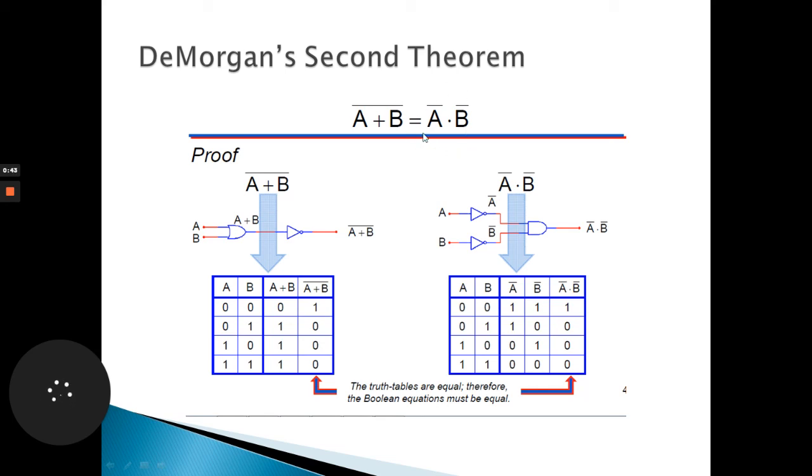Similarly, the RHS part is also covered. All the possible combinations of A and B are written. Then A bar, which is just the inversion, the complement of A, and similarly for B bar. All the complemented values of A and B are written as A bar and B bar, and the multiplication is done in the last column. So 1 into 1 is 1, 1 into 0 is 0, and if there is a 0 in any place, then the output will be 0. If you check the last column here and the last column of the first table, they are the same.